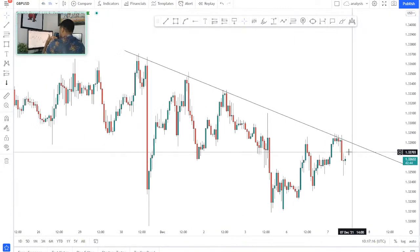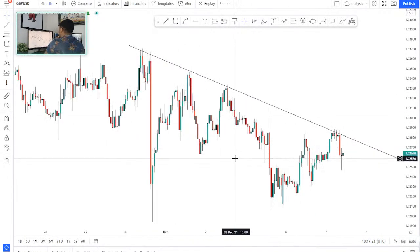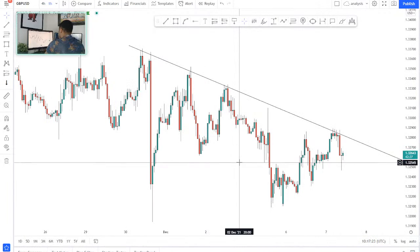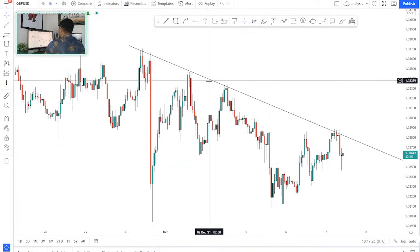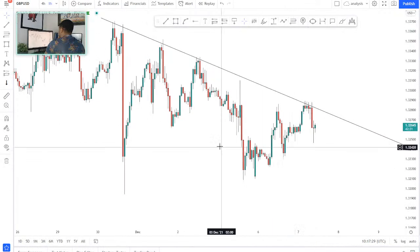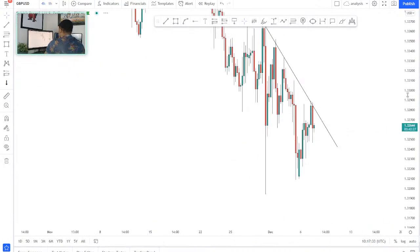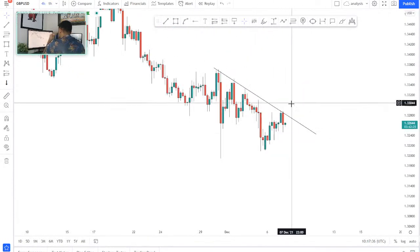So as a swing trader like myself, opportunities have been a bit dry here for pound. Maybe if you're day trading and you're just looking for, you know, quick 40 pips maybe, that could be quite nice, just catching the sells off that trend line and anticipating a low high for a push down. But for me, it's just been too choppy. I want to see price, you know, do something,